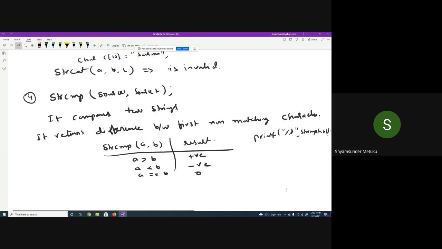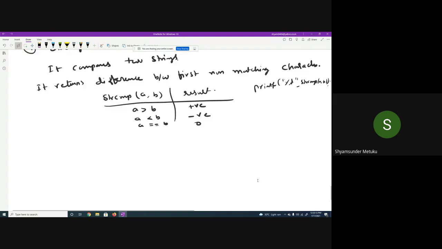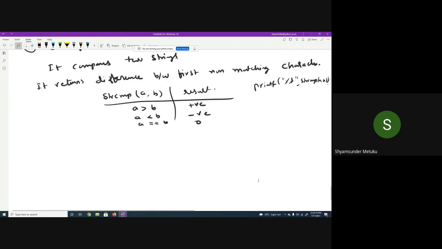Now the question is how strings are compared and how you know which string is greater. So I give an example. Example 1: strcmp, first string Rama, second string Rajesh. Can you tell me which string is greater and which is lesser? Rajesh is greater. Why? It has more characters, sir. Yeah, that is the mistake.